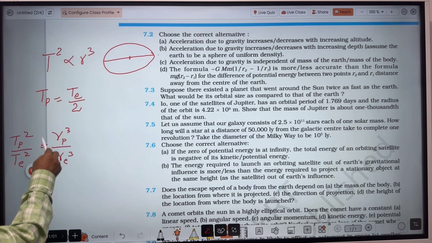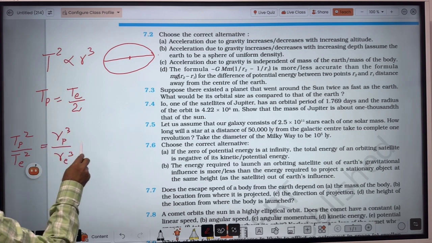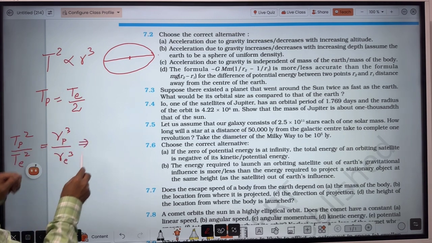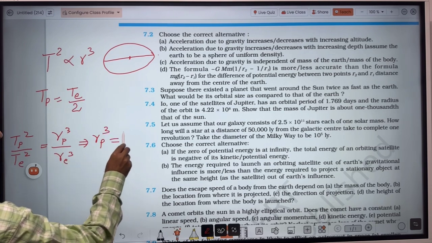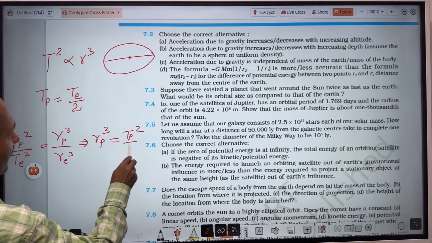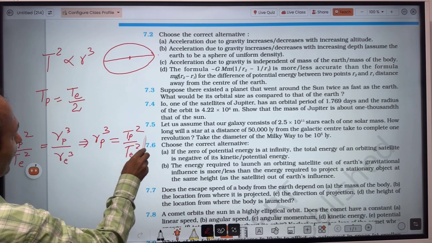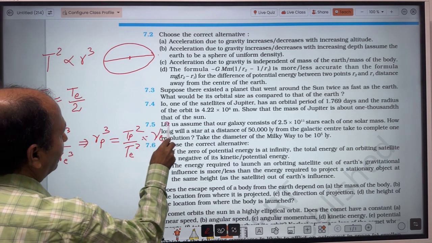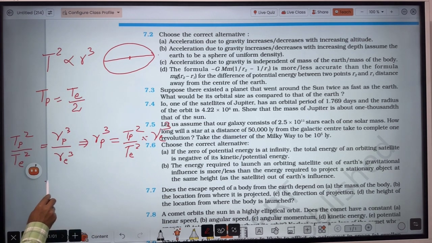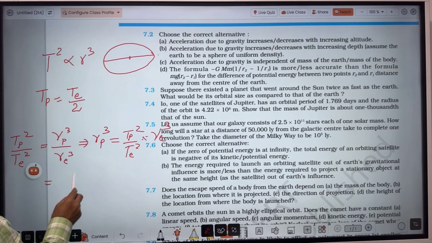Our concern is to get R planet. So just write R planet whole cube equal to T planet square divided by T Earth square times R Earth cube. Now take cube root. So you will get R planet